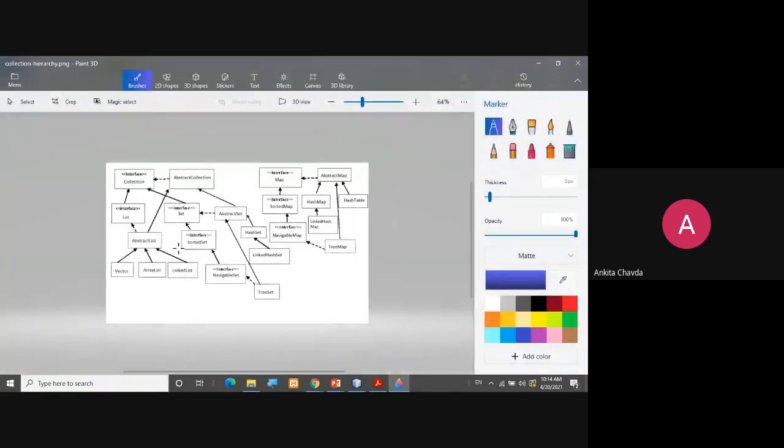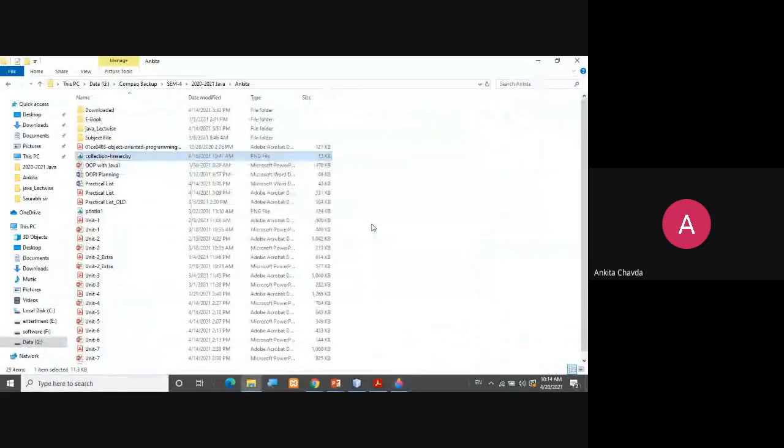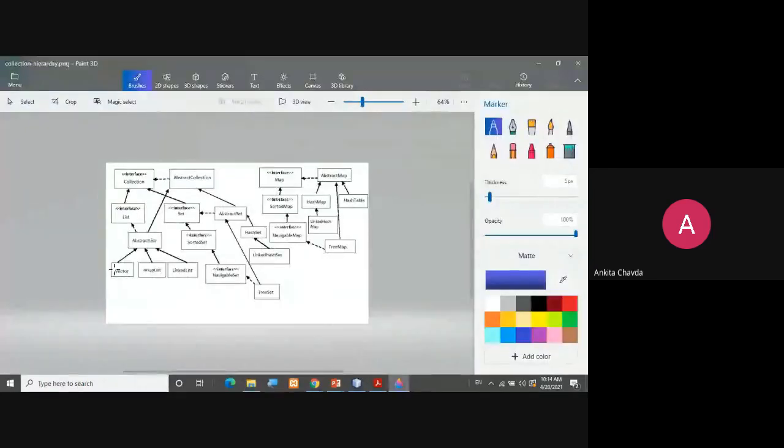Fine. So here you can see your main three classes. Your main three classes are Vector, ArrayList, and LinkedList. These three classes are actually extending the AbstractList class. It extends internally. You don't have to write anything. Right? Vector, ArrayList, and LinkedList. These three classes are extending AbstractList. And AbstractList is implementing the List interface, the Collection interface, and so on, the Iterable interface. Fine. So here this is the only thing.